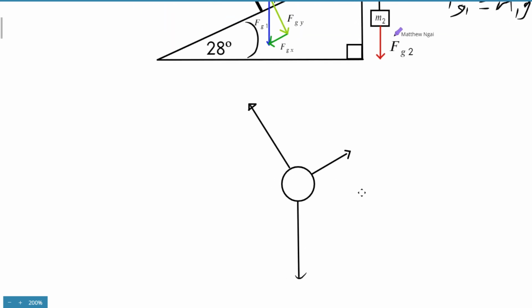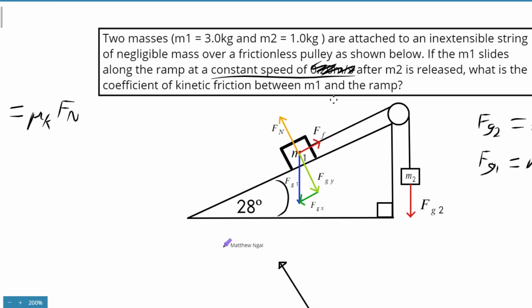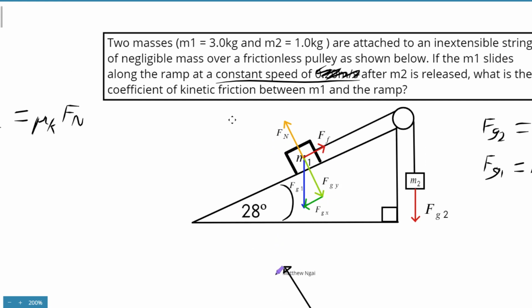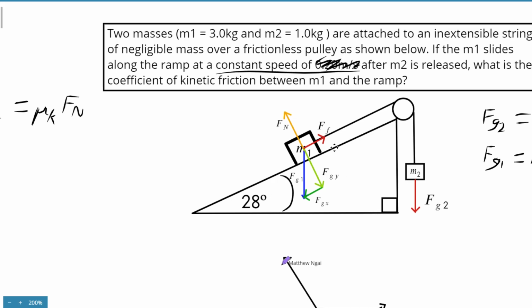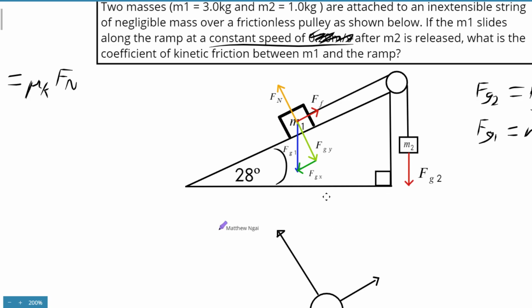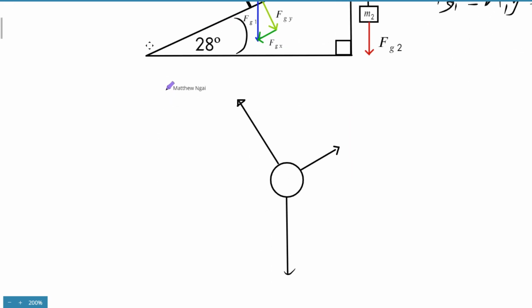And then there's also Ff, but we can't tell which direction Ff is in yet, because Ff has to be in the opposite direction of where m1 is traveling. But we don't know if it's sliding up the ramp or down the ramp yet. So we can just put that in later. So first we should split Fg, let's say Fg1,